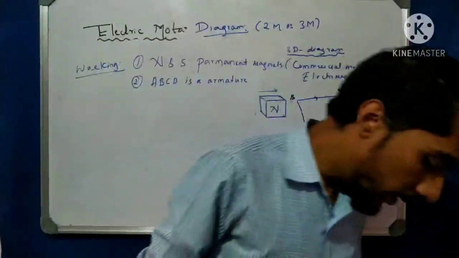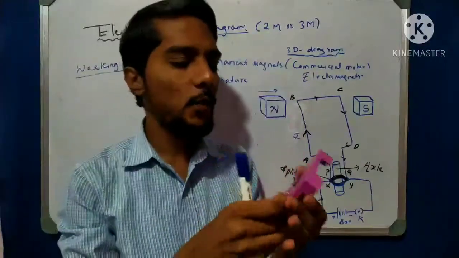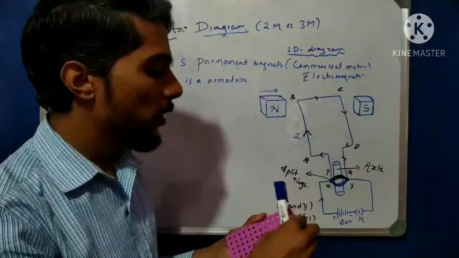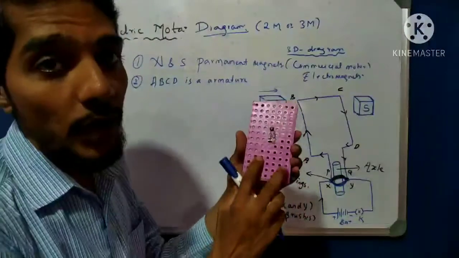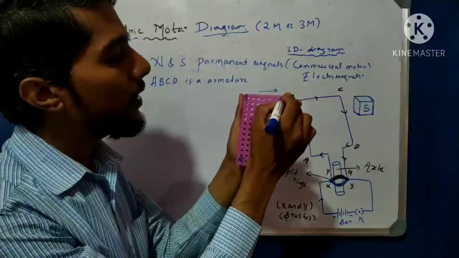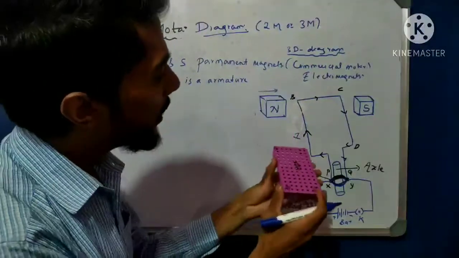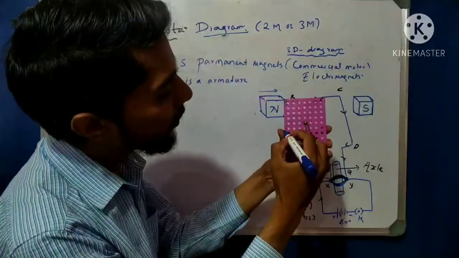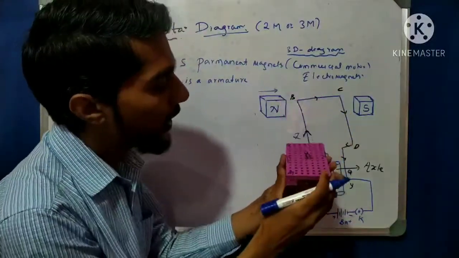For example, I can make the device. Imagine that this is a motor. Both look the same. See here, both are the same. It is also a rectangle shape. So imagine that this is your armature. This is point A, this is B, this is C, and this is D. That is exactly the same. A, B, C, D. Now see, it is like that. So the current is flowing in this direction, and from here, and then the current flows in the downward direction like that. So I can keep it like that here.